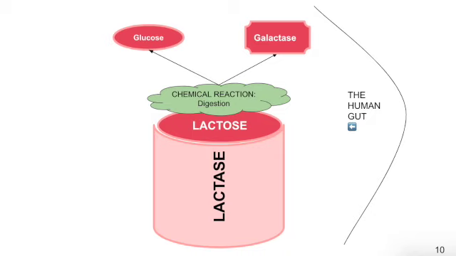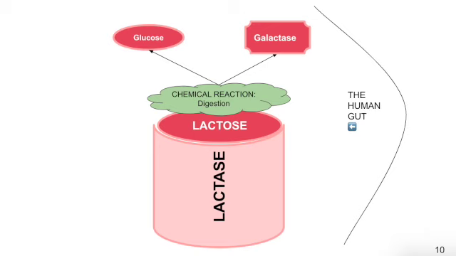Lactose is a large sugar molecule. In order for it to be digested, it has to be broken down into two smaller sugars, glucose and galactose. When lactose molecules enter the digestive system, they act as substrates and bind to the active site of the lactase enzyme. Lactase then catalyzes the chemical reaction and produces glucose and galactose, which are then easily digested and used for